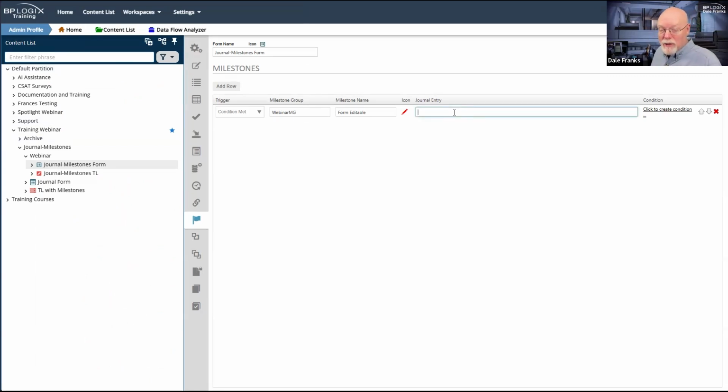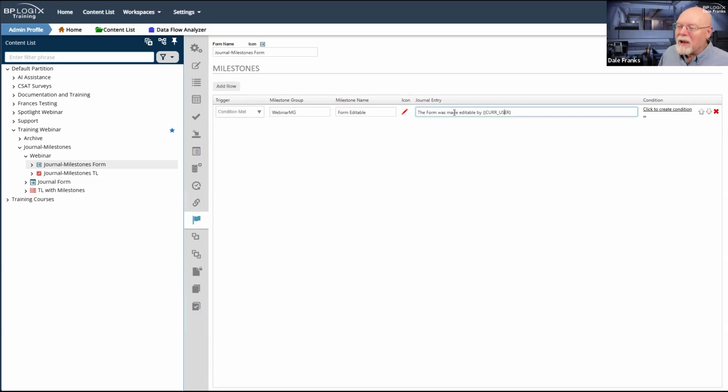Cool thing about journal entries, I can use system variables. So I can say the form was made editable by whoever the current user is.